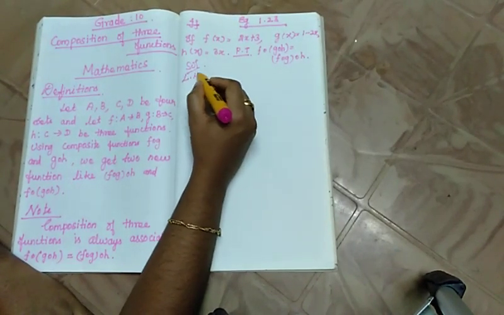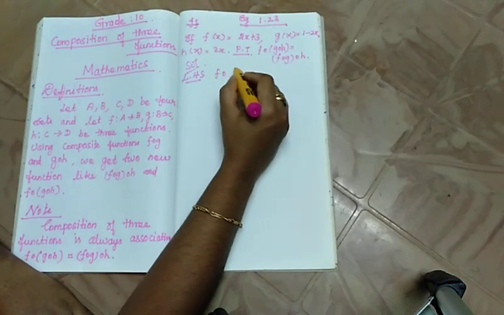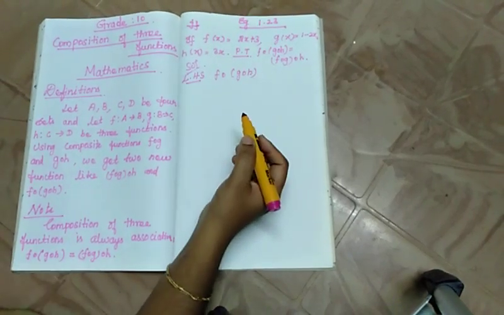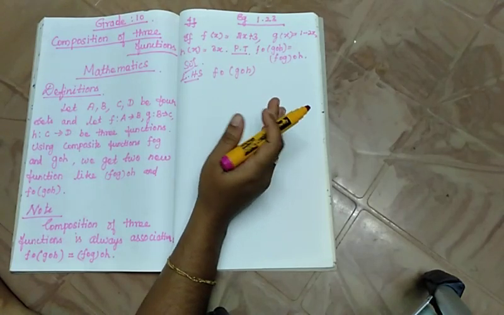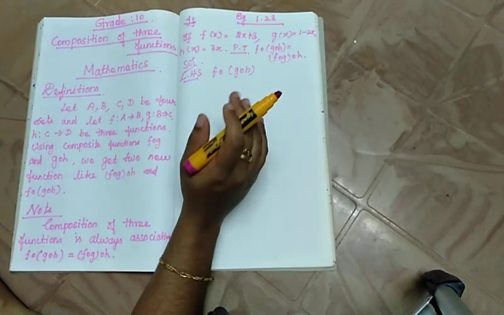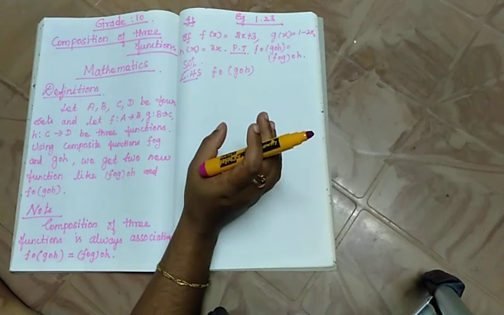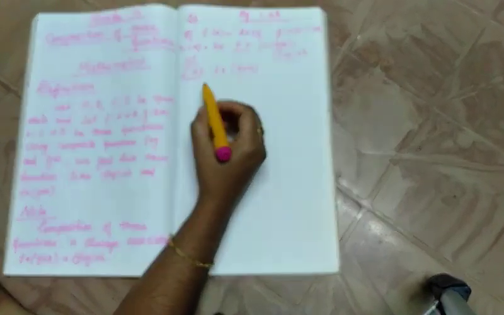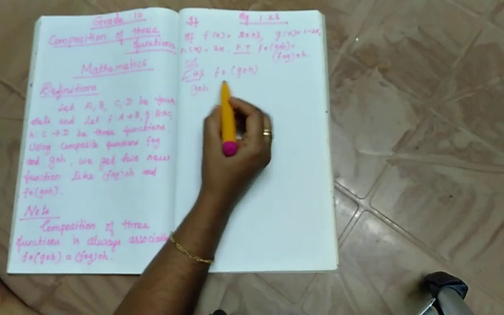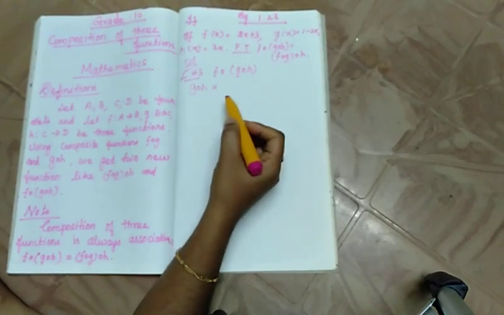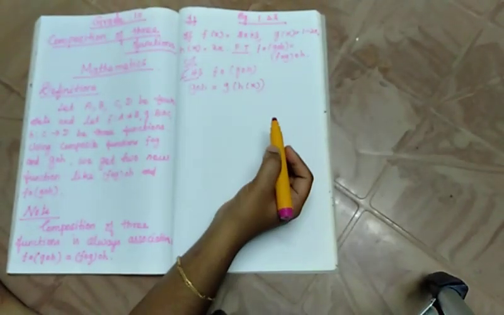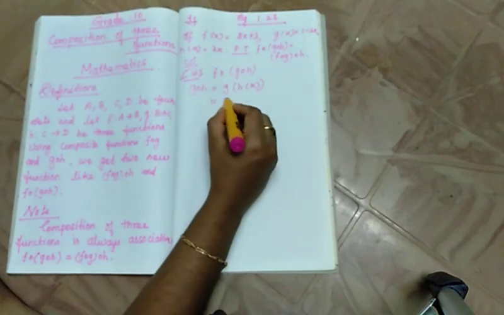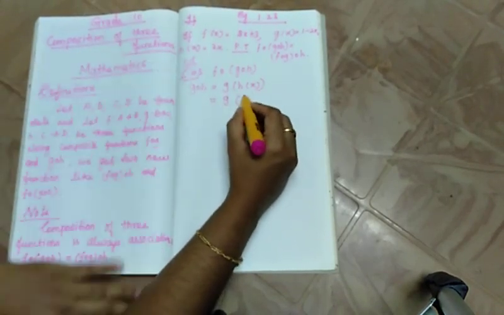What is your left hand side? f of (g of h), isn't it? First take out the bracket, then it would be easy for you. Otherwise not everyone will get confused, but there would be students who will be confused. So then one by one we will move on. First do what is inside the bracket. So g of h means, how can we write? As this is the composition of two functions, we can write it as g of h of x, which is equal to g of, what is h of x? 3x.